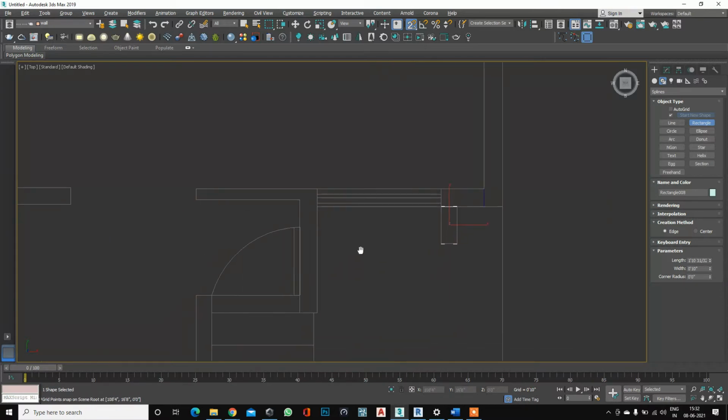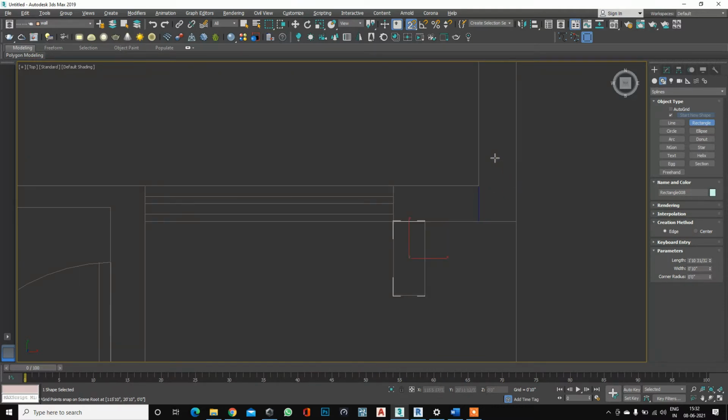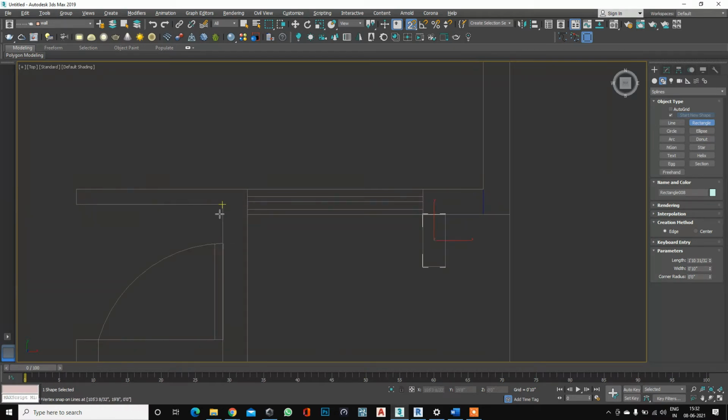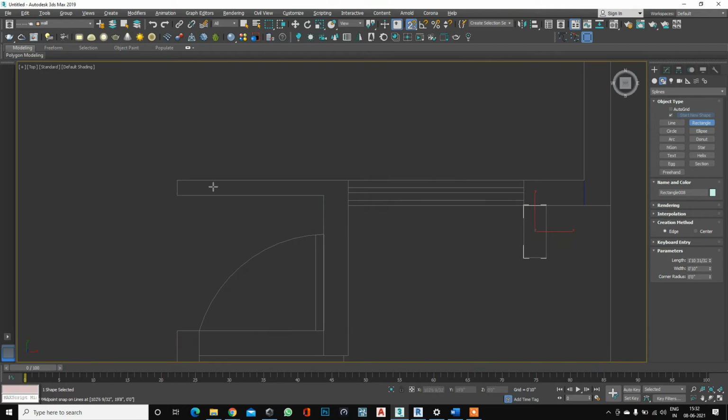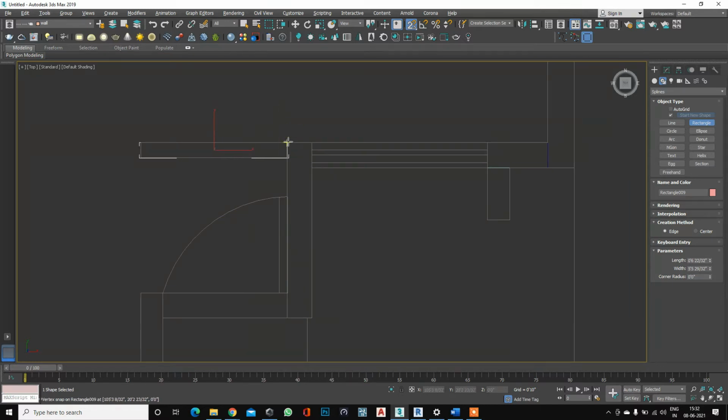Draw the drawing in squares. If there is an angle, do not draw in the angle, just use separate square boxes. Suppose here is one angle, so what I did, I started from here and ended here. Now this is a single element, then I started from here, ended here.